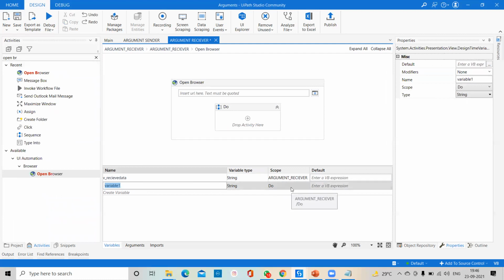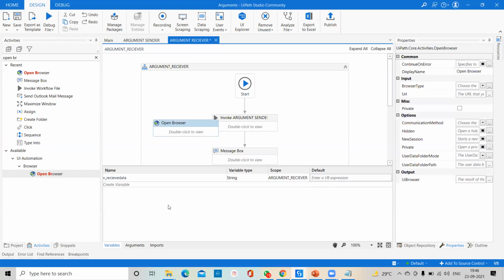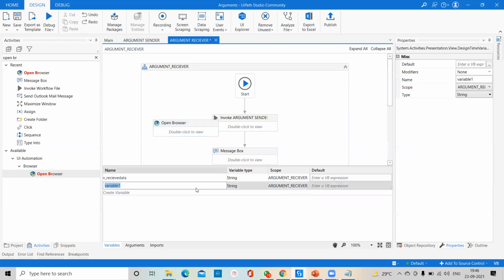Okay, so there is nothing like we have two types or three types of scope, nothing. Whatever the variable you're going to create, automatically it will take the scope according to your body name. If you come outside, whatever the variable you're going to create will automatically take your argument receiver. And one by one we can go for that. And in variable we every time will get the default value, and here we are able to pass any type of data. If you're going to pass a string, always try to pass it in double quotes.